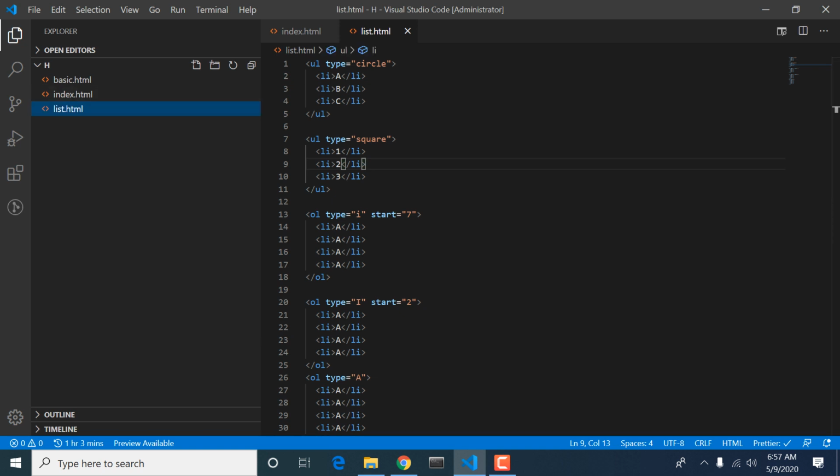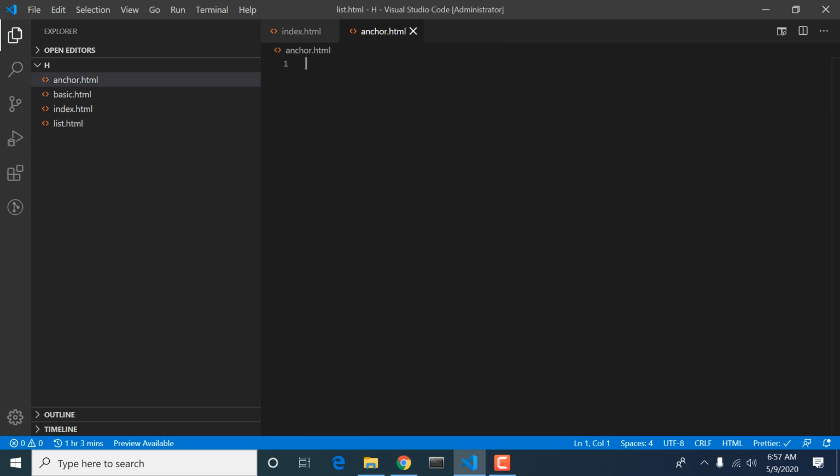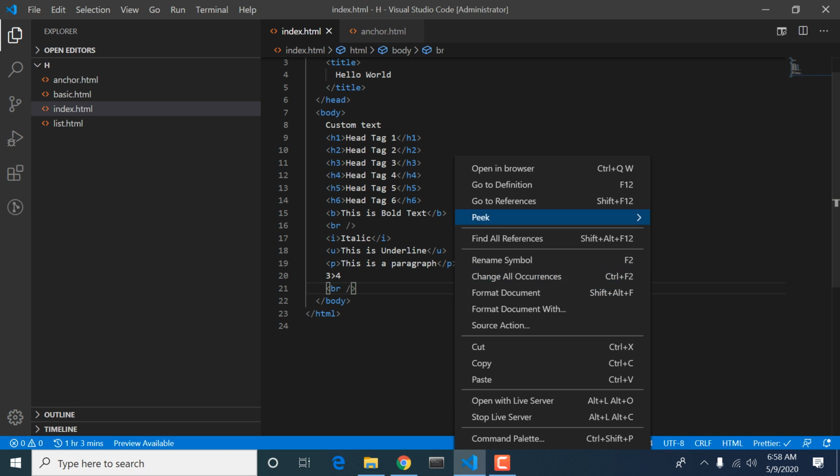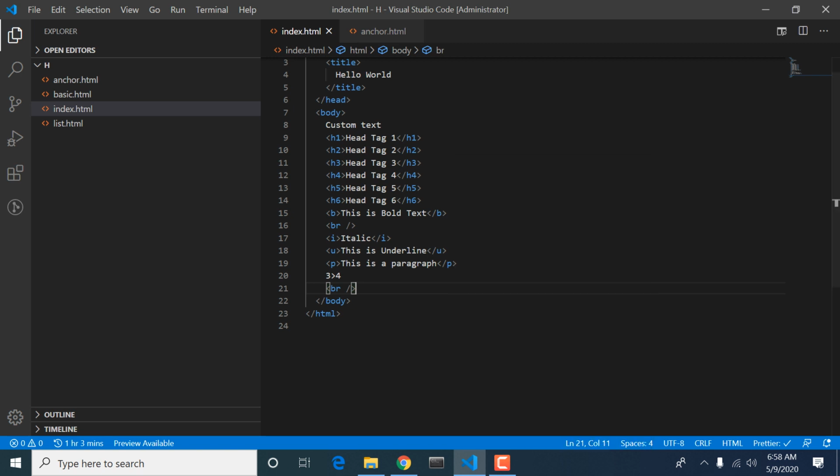Now next we are going to cover anchor tags, anchor basics. But going forward, let's cover some more things. If I write 3 is greater than 4, how is my browser going to behave?